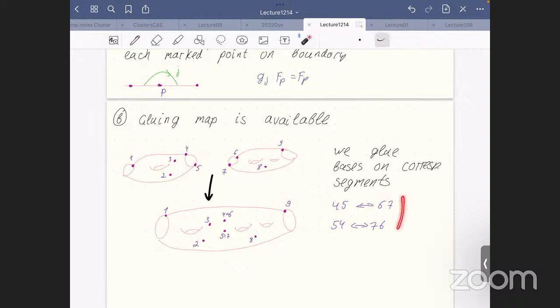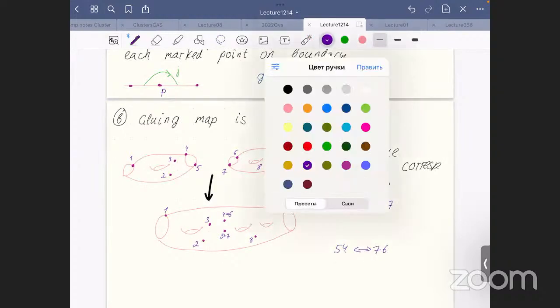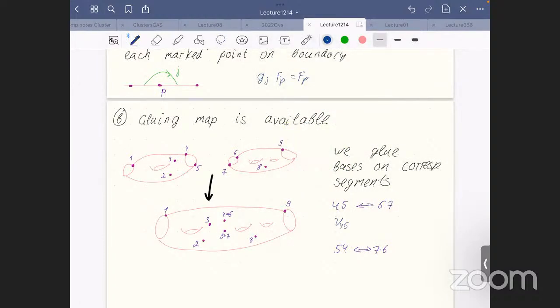Actually, of course, this gluing maybe requires some conditions to be possible. Oh, maybe not. Maybe we can just do. So here we have some bases v4,5. Here v6,7, and there exists a unique g such that g v4,5 is equal to v6,7, and similarly there exist unique g's such that